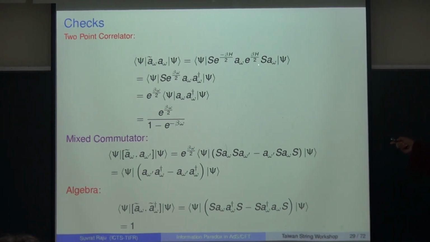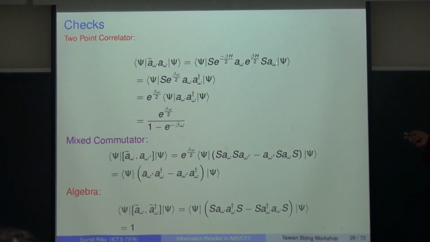And what you see is, this S turns this A omega into an A omega dagger, and so you can just work through these rules. The S acts on this A omega, turns it into an A omega dagger. These e to the beta H factors give you some factors e to the beta omega. And then you have this S once again that acts on this and turns it into a correlator of ordinary operators. Then you have some formula for the correlator of ordinary operators, and you have to put in, so it should all be e to the minus beta omega by 2, and you get the right 2-point function. So you got the typo.